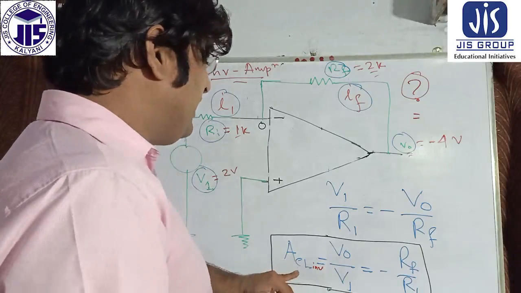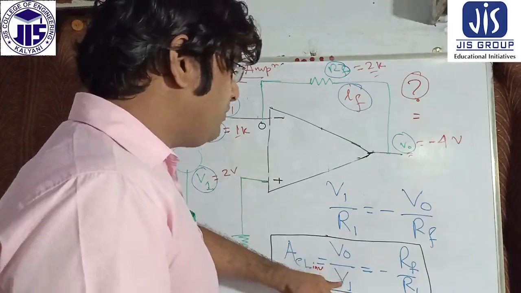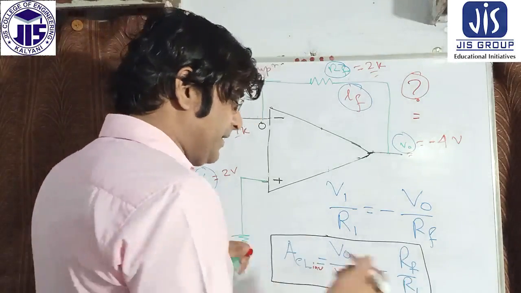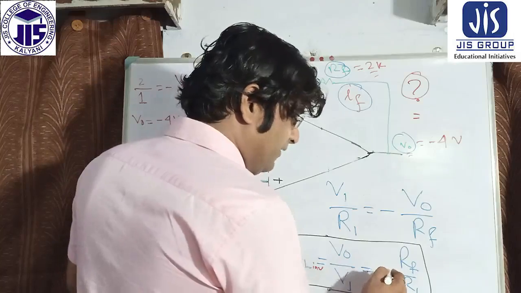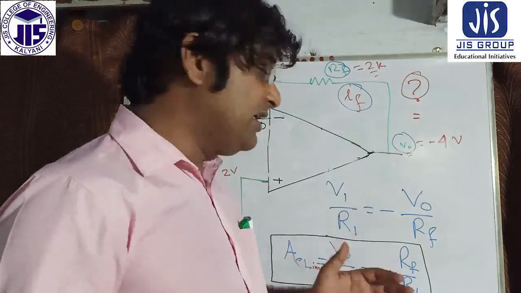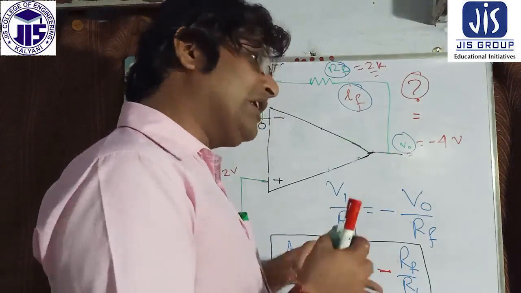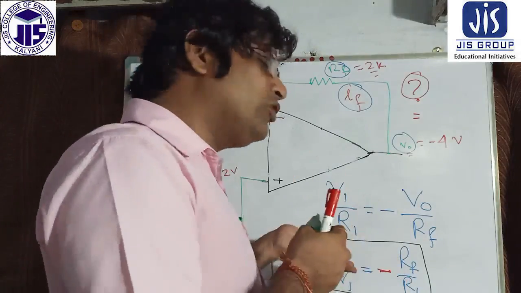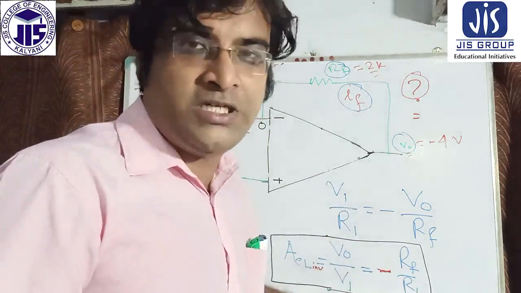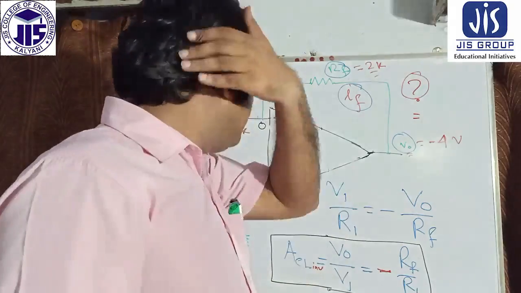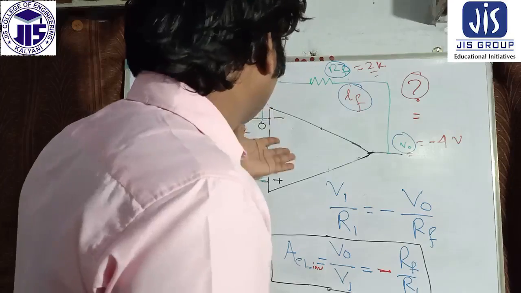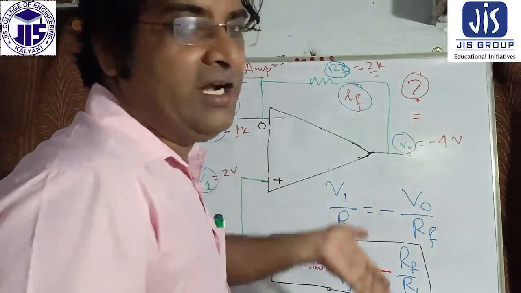And this is the gain of the inverting amplifier, V0 by Vi equals minus RF by Ri, and this particular minus sign signifies that the output, whatever the input is, has a minus gain. That means whatever voltage input I am giving, the output voltage is inverted automatically. So from that point of view, this is the inverting amplifier circuit.